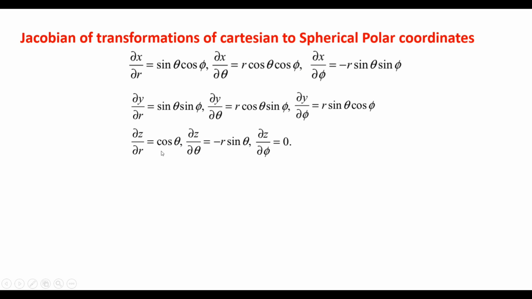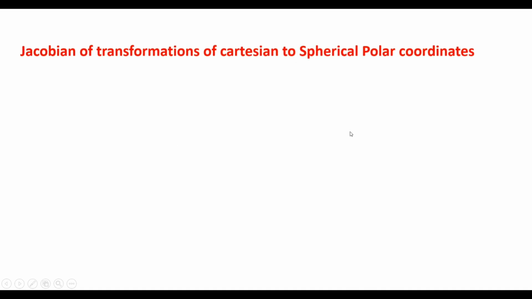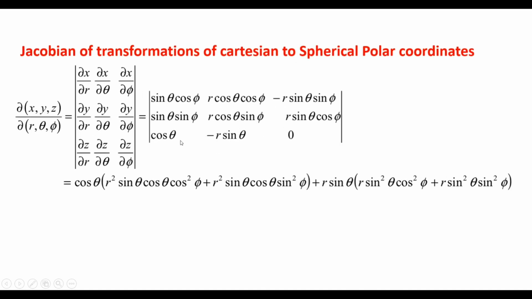Similarly, you need to find ∂y/∂r, ∂y/∂theta, ∂y/∂phi, ∂z/∂r, ∂z/∂theta, ∂z/∂phi. These are 9 entries regarding the Jacobian of transformation from Cartesian to spherical polar coordinates. The Jacobian of transformation is ∂(x,y,z)/∂(r,theta,phi), that is a determinant with the 9 entries. Now we substitute those partial derivatives in the respective rows and apply the expansion,